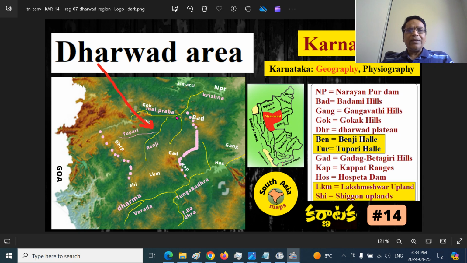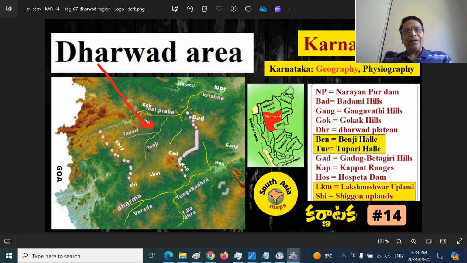East of the Malaprabha, these hills are called the Badami hills. And Badami, that is the Gajendragad, and Kushtagi, eventually the Gangavati here. That is the Badami hills. This is the Dharwad plateau, and this is the Shigun upland region, Lakshmeshwar upland region. The plateau encloses a basin, that is the Tupari Halle, a tributary of the Benni Halle river,